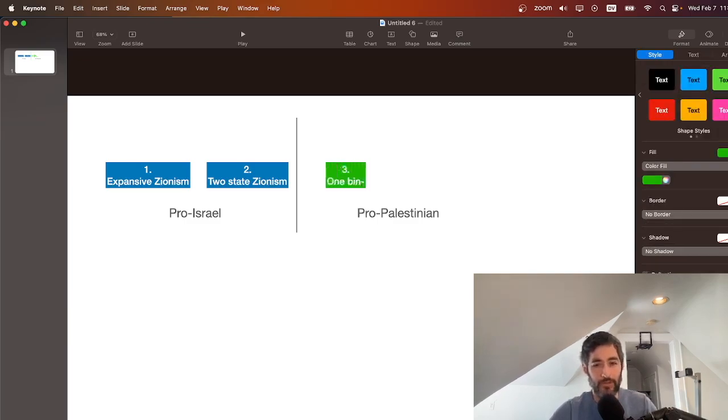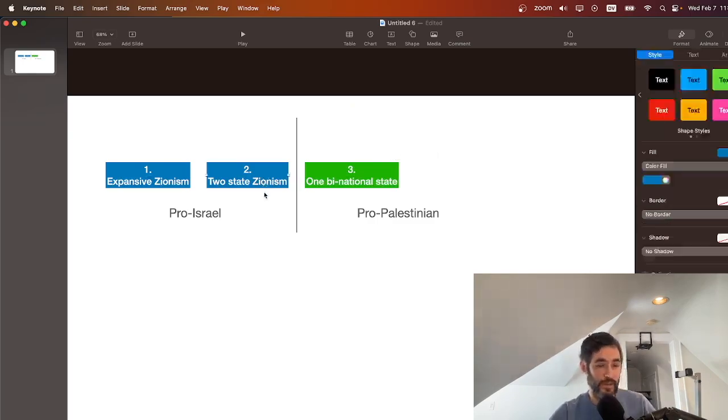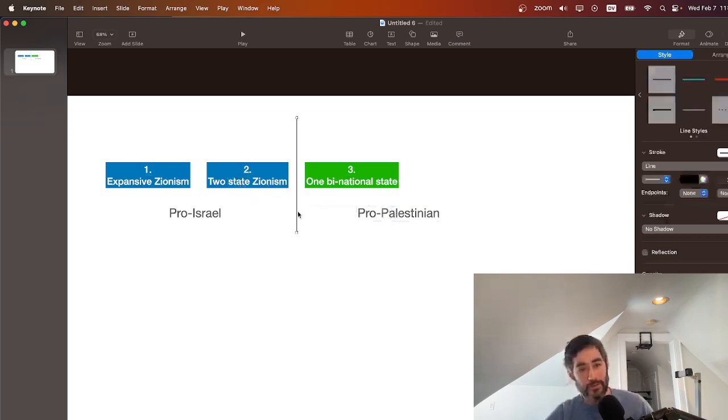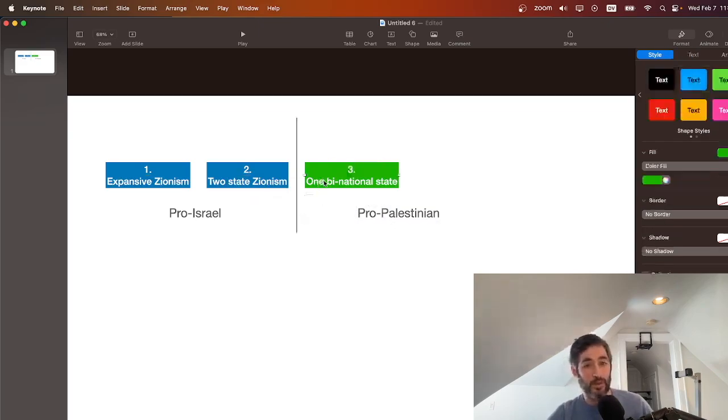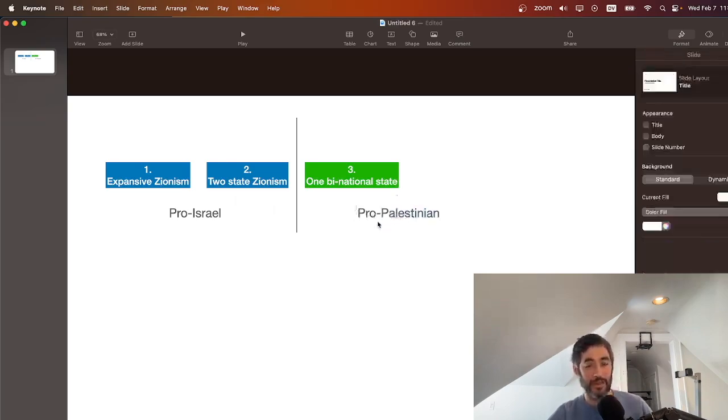Okay, so the third option is a binational state. You could obviously imagine pro-Palestinians who are 2-state Zionism. And of course, always we're massaging over and ignoring many details. There have been historically, and you can imagine, a pro-Palestinian argument for 2 states. But practically speaking, if you read, like I've read, just a small sampling of texts written from the academic pro-Palestinian perspective, in general, what you're looking at is a belief in one binational state where Jews and Palestinians coexist. This is considered anti-Zionism in general.